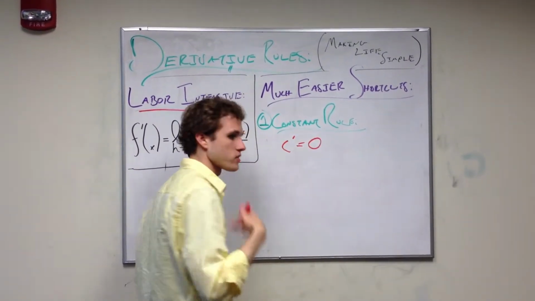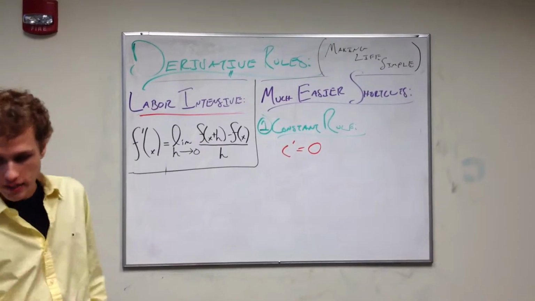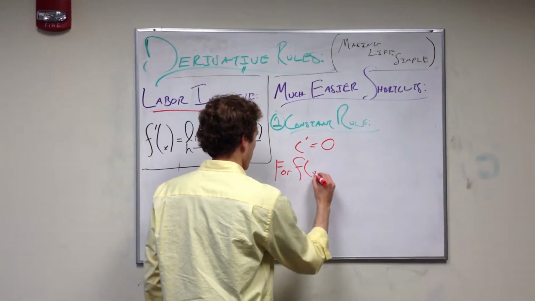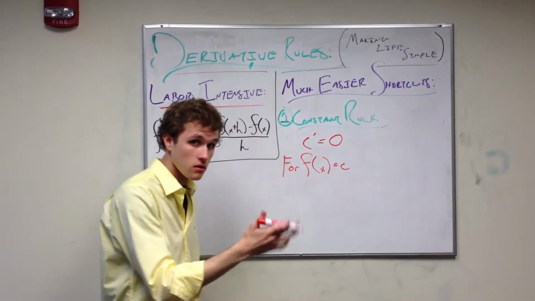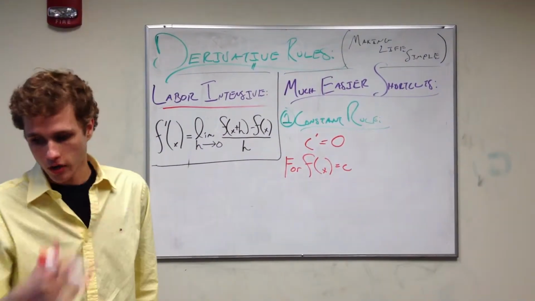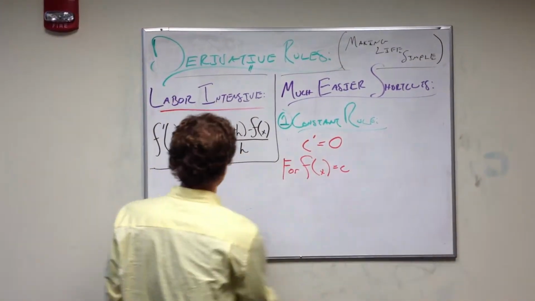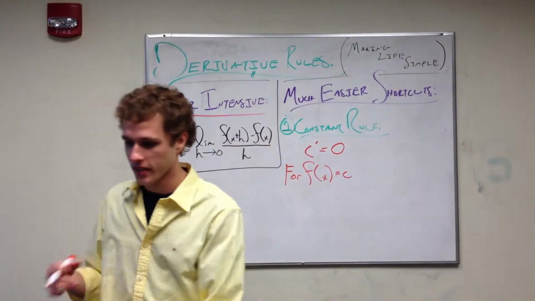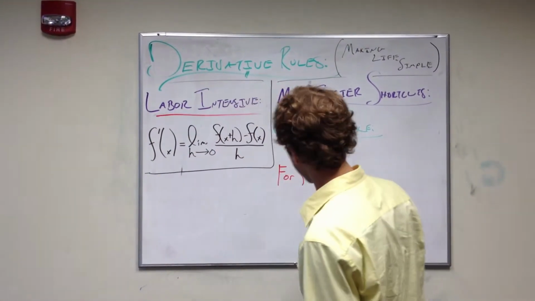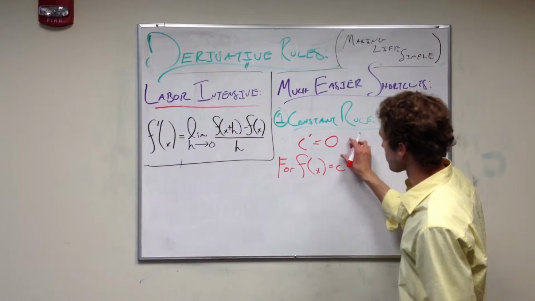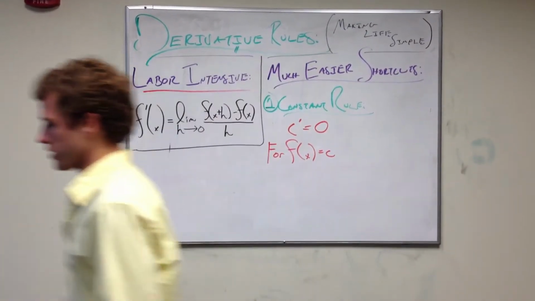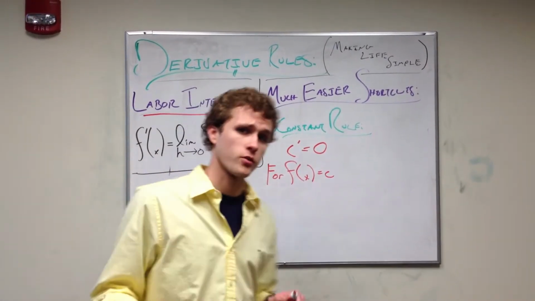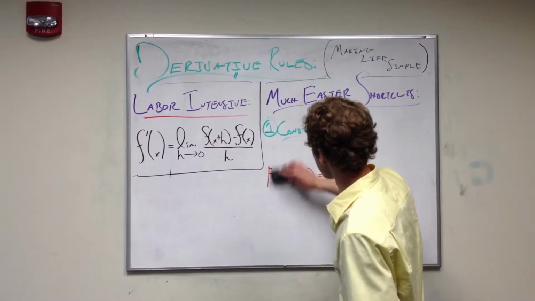Now, another way to write this that's a little bit more correct is to say that for f of x equals c, if we have that, then we already understand that we can go in the limit definition of the derivative and plug in c for our f of x, and then when our limit ends up going to 0, we're just going to have that c prime is always 0. There's a reason for this, though, that we don't really have to even think about the limit definition of the derivative to understand this. C prime is always 0